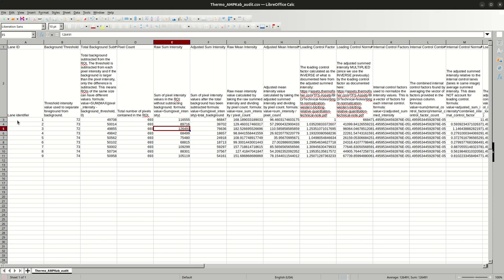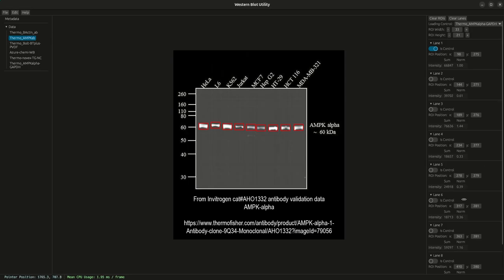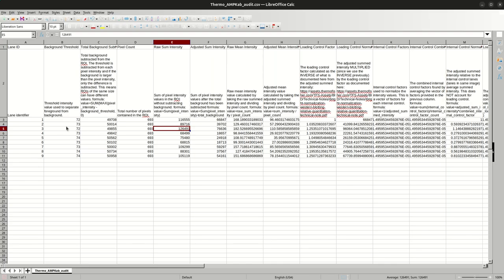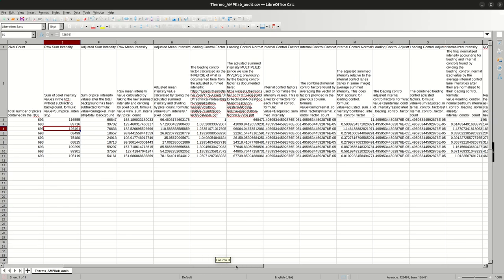In this case, we have 9 lanes, and we should confirm that, right? We have, yep, 9 lanes. So for each lane, we break it down. Once again, the background, the raw summed intensity, the mean intensity,